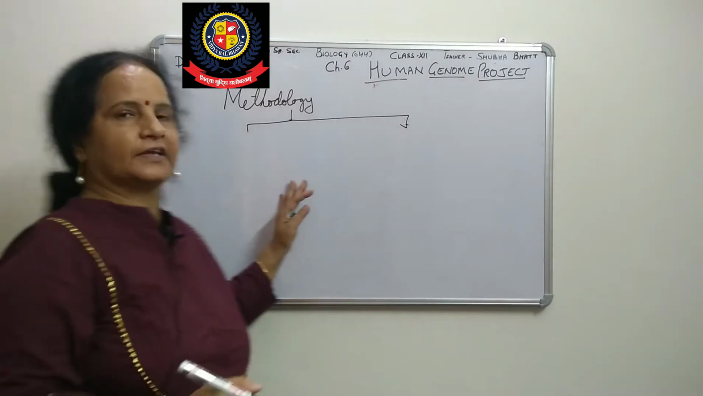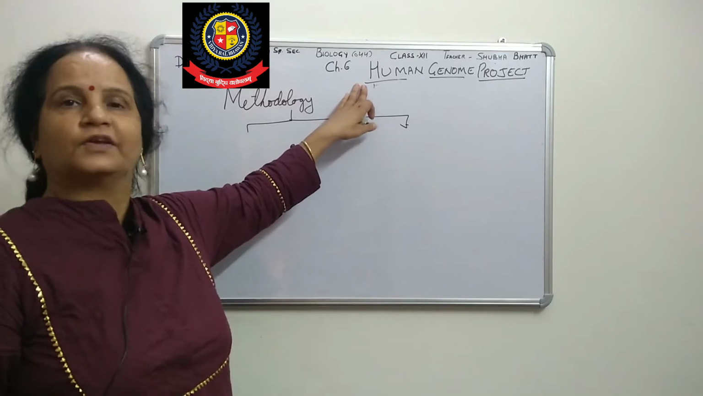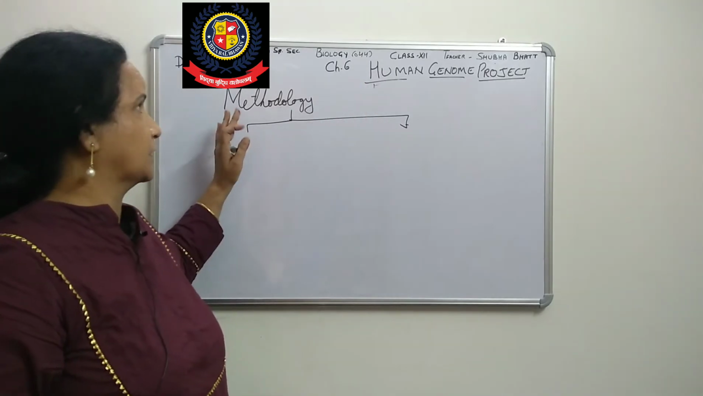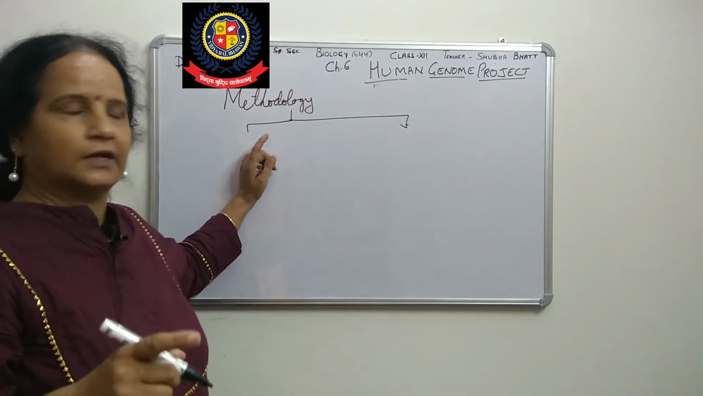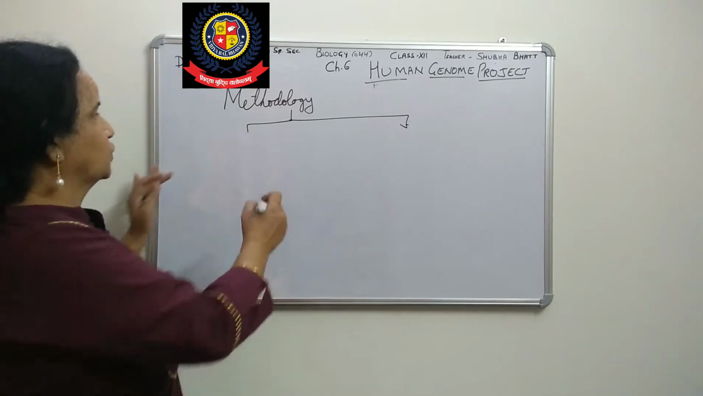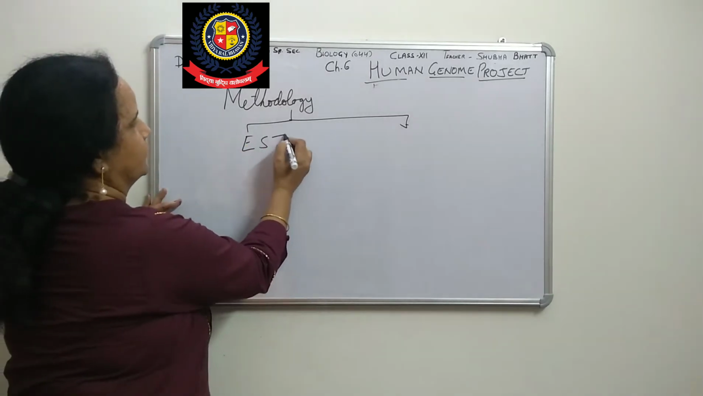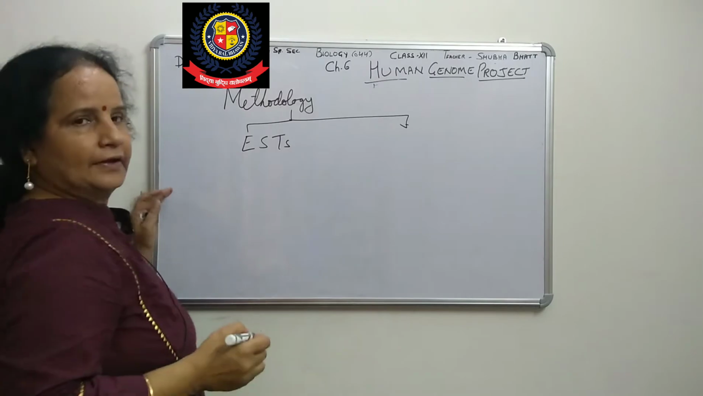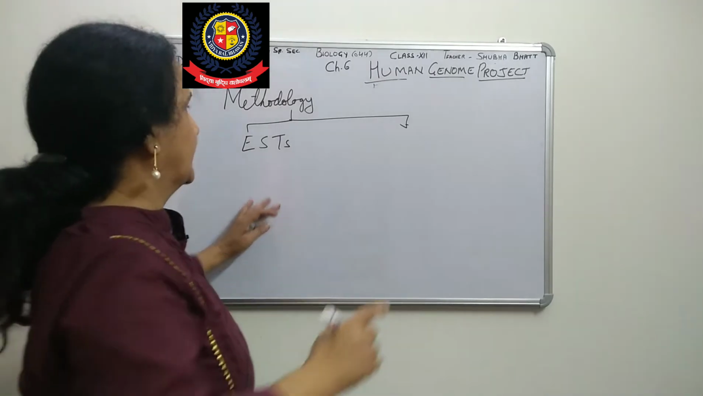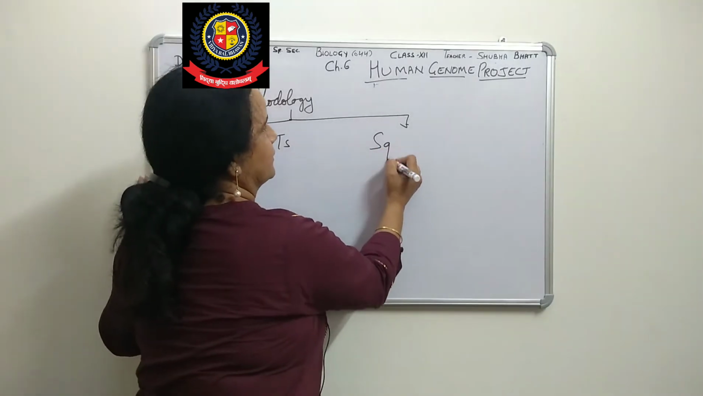Okay, then once again, in continuation of that Human Genome Project, we will start. In the previous class we have done the two methods that are there. Those two methods are ESTs. What is the full form of this? Expressed sequence tags. And here we have done sequence